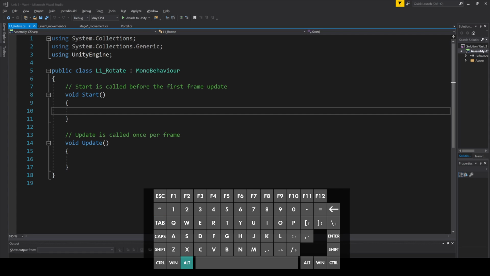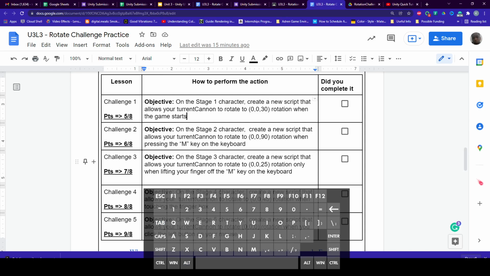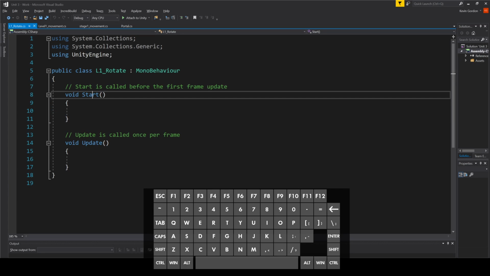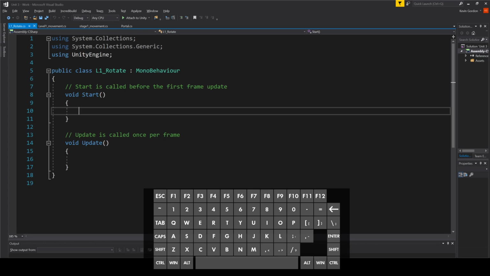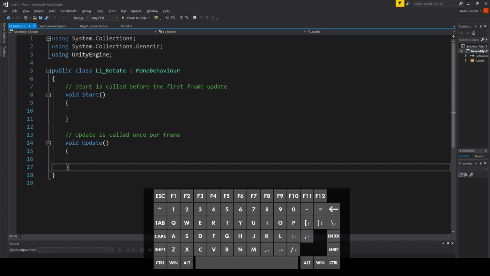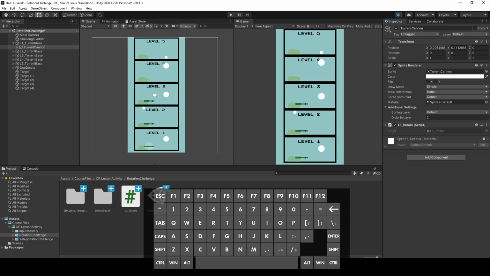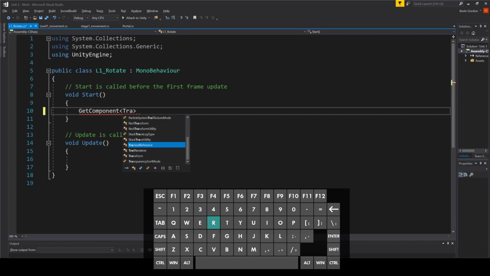So again, as per the instructions here, we only want this to happen when the game starts. So, I'm going to go here. If you want something to happen when something starts, you want to focus on the void start. And I'm just going to start typing in the code to make it rotate. Again, you don't want it on update, only on start. So what I'm going to do is I'm going to do get component, and I want to get the transform component because I want to change the rotation on the transform component. So get the transform component,